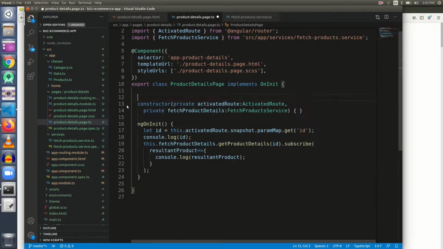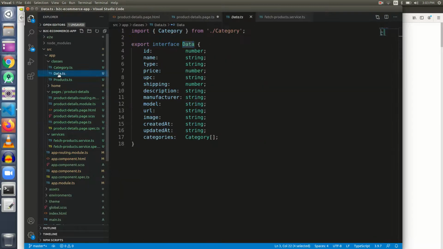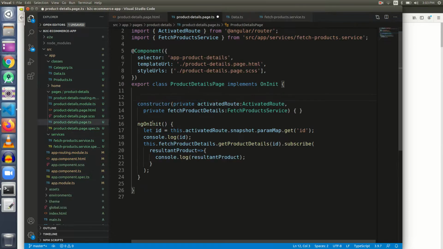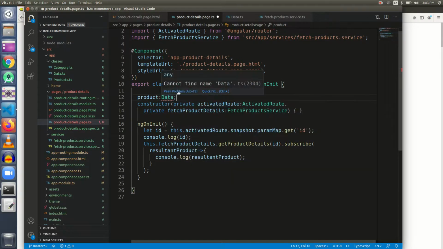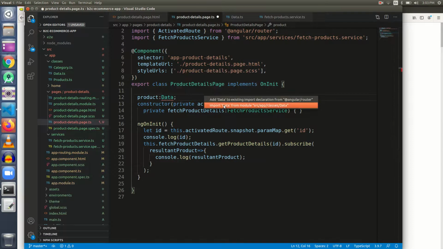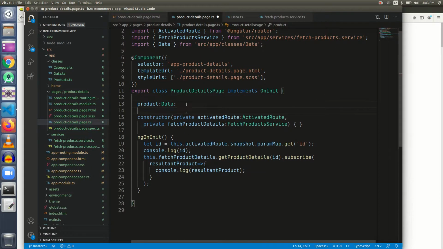We already have one class known as data that matches the data that we have received. So we need to make a variable of type data, right? So let's make a variable of type data. The name of the variable is product, and it will be of type data, and let me import it. I have imported it, and this product variable will be holding the data coming over from the API.